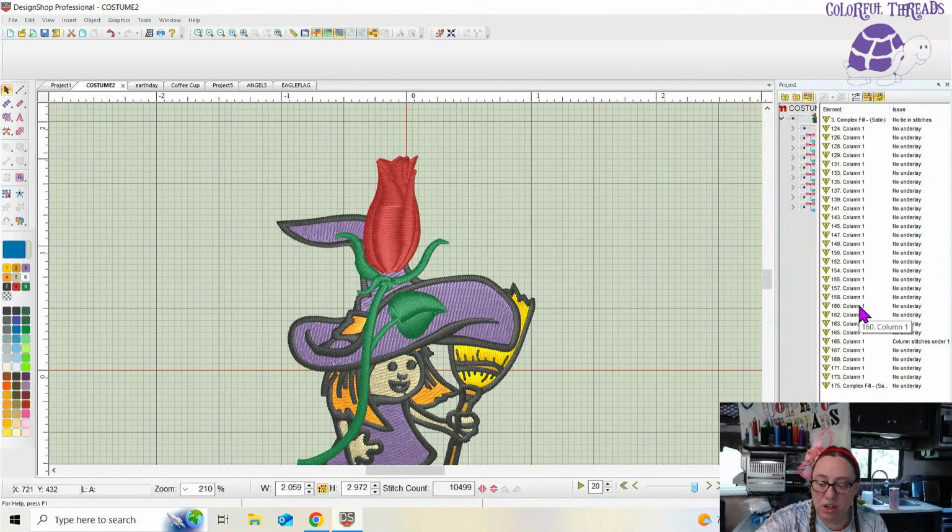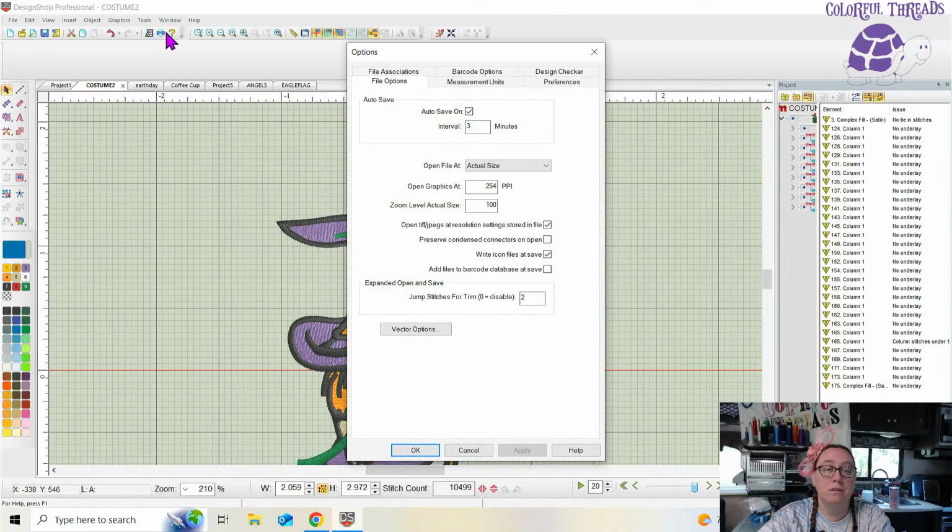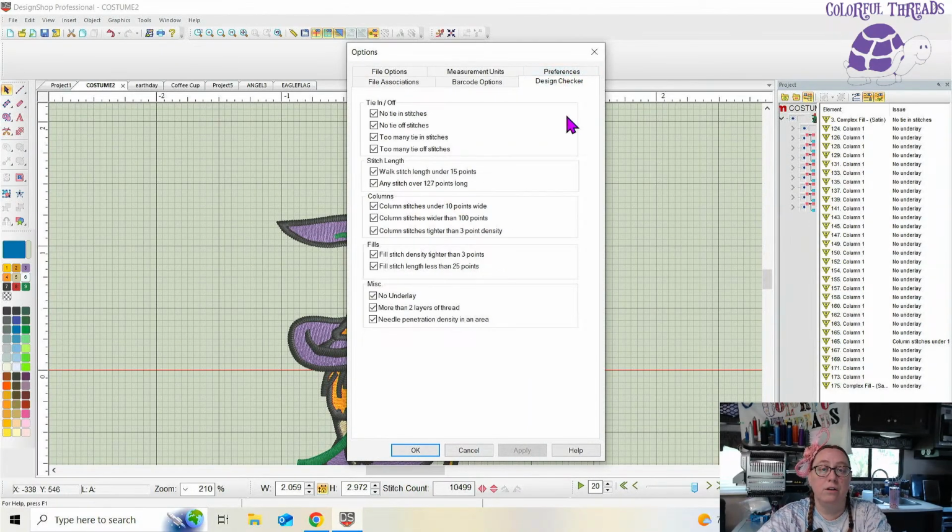What does Design Checker do for you? Here's what it does for you. It goes in and looks at your design and says, hey, there's a problem here. You might have an issue. Let's address that. So I'm going to go up to, I believe it is Tools and Options, in my software and I click on the design checker. This is what